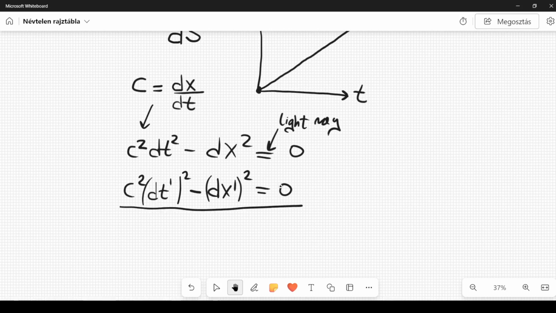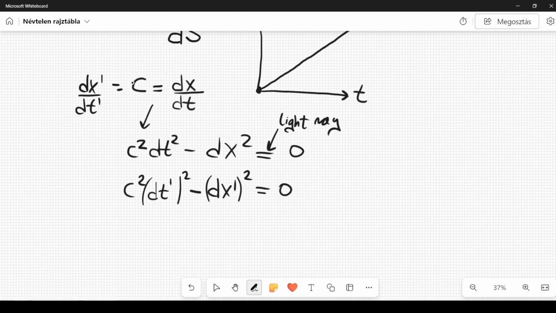we will see that this will force us to choose the so-called Lorentz transformations to pass from one coordinate system to the other. We will see that this equation still holds in the new frame of reference. So you can see that the form of the equation is exactly the same. This has to do with the fact that the speed of light c can still be calculated as dx prime over dt prime,